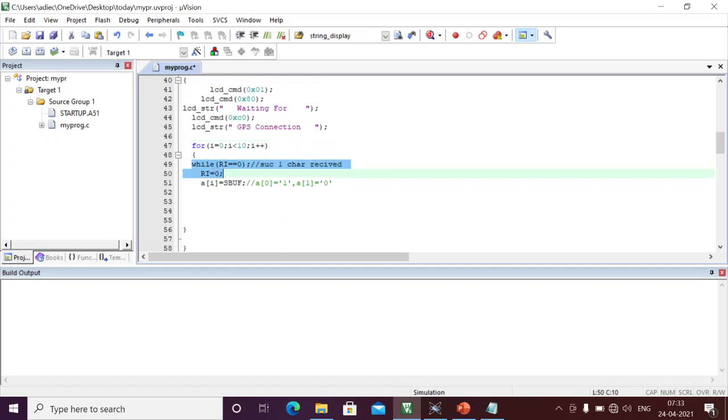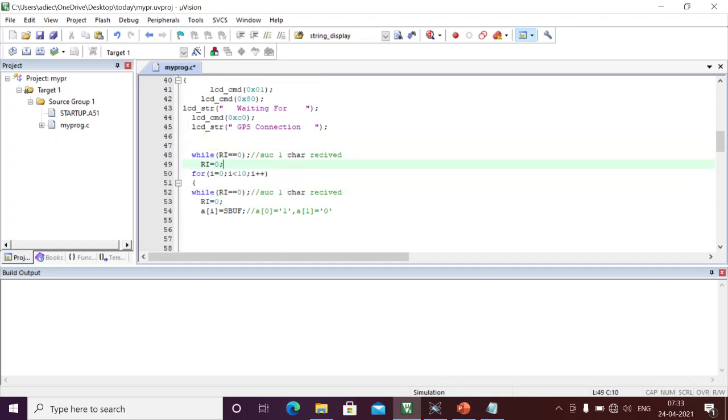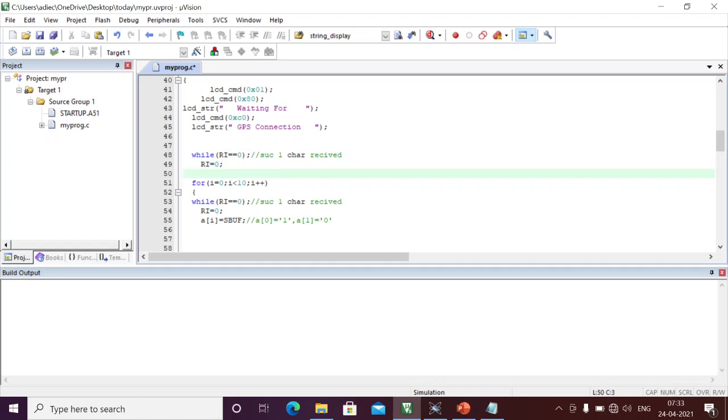Here I am going to check whether the character is dollar or not. I'm checking whether we are successfully receiving a character or not. Here I'm checking while RA is equal to 0. Initially RA is 0. Once any particular character is received, this will be set to 1. I'm going to clear this flag for the next reception. Here I write to receive one character, and whatever the received data is, I'm checking whether it is dollar or not.